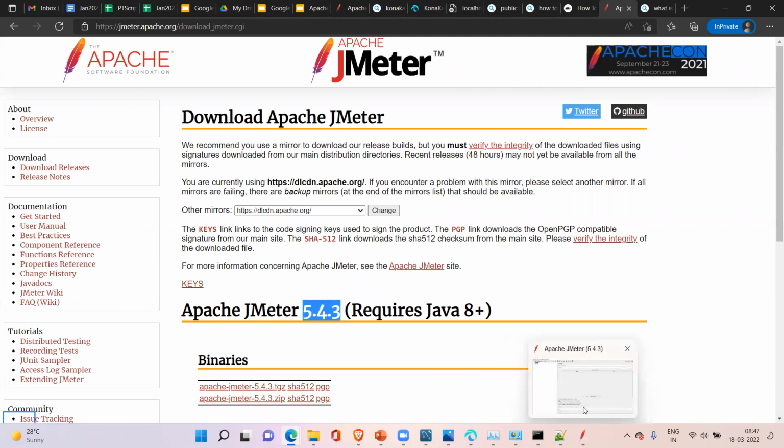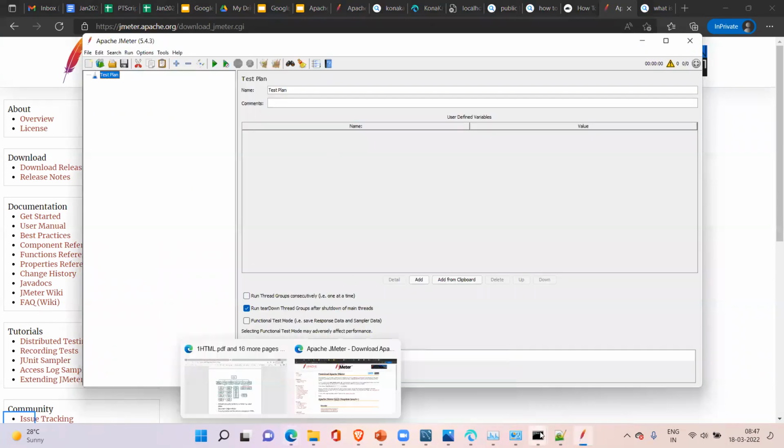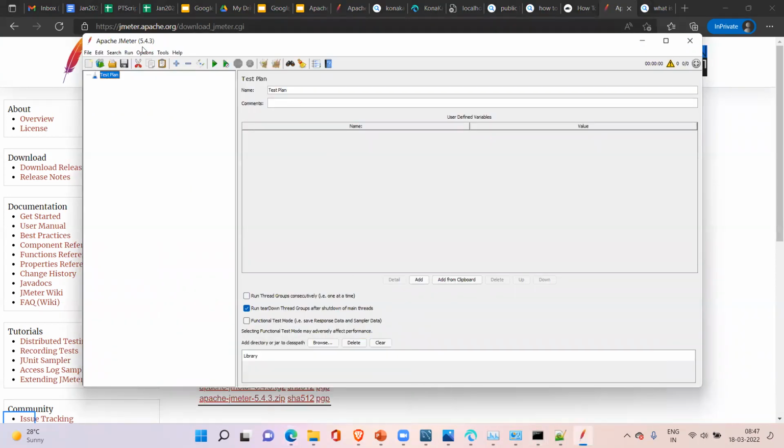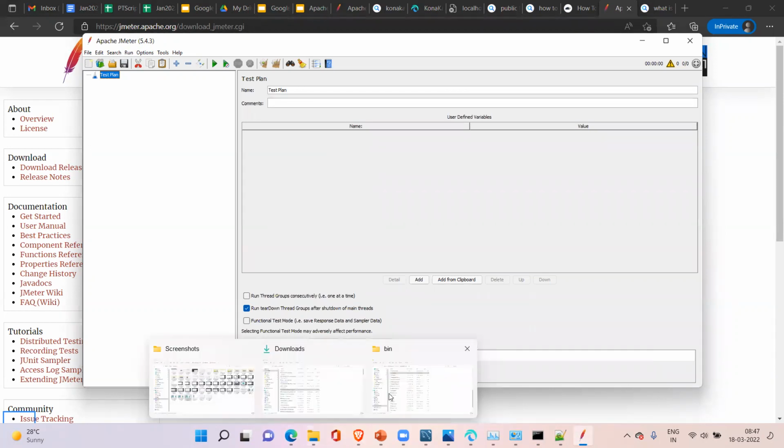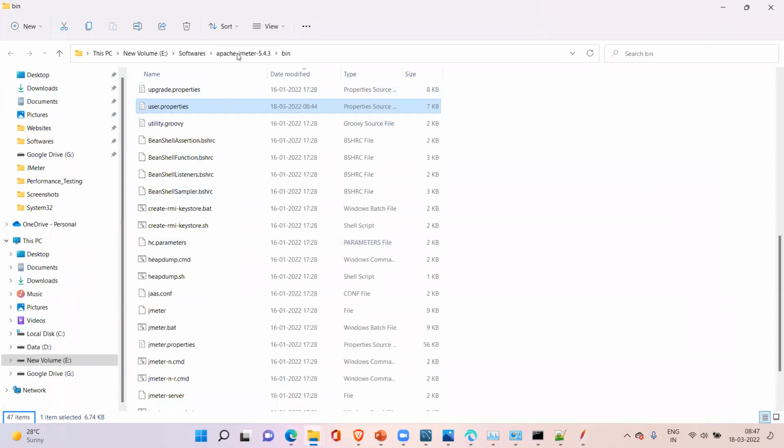You are working for 1 year or so on JMeter 5.4.3 and you made some changes in the properties files. Now, if you want to use a new version of JMeter, you need not make all these changes in the new version. You can simply copy that user.properties file to that new version's bin folder.